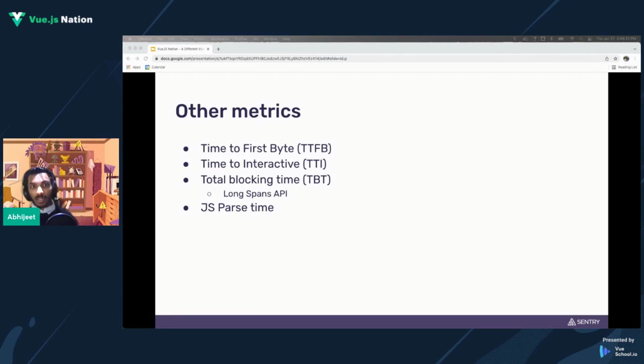One thing to really note, though, is that there's this idea of blocking time, long spans, and parse time. One of the biggest bottlenecks to having a fast render or fast page load is the fact that it takes time, especially in single page applications, to parse through all your JavaScript and then to execute all your initialization logic. That's things like instantiating a Vuex state, grabbing stuff from local storage, making additional network calls to set up your layout. And all the while you're blocking the main thread, because JavaScript is single threaded,